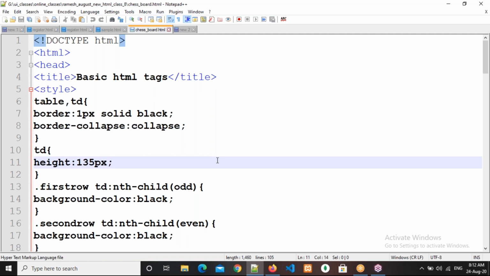Suppose I take a div tag. I assign a width and height, so that much space I occupy. See here.